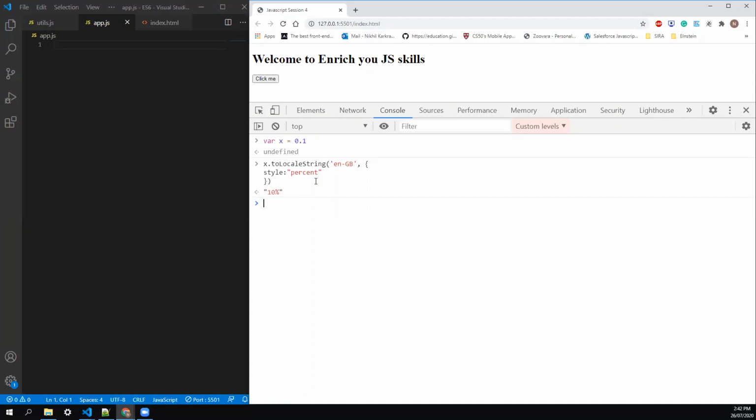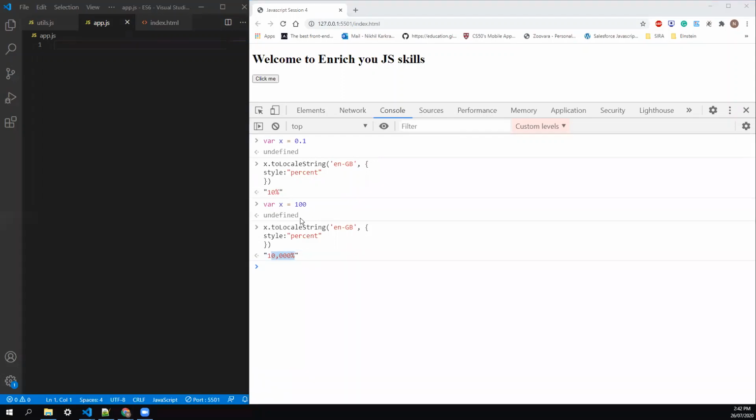So now it converts that particular number into a percentage. Whenever you use a percentage, always remember your number should be in the range of 0 to 1. Then only it converts. Otherwise, if I change the number to 100, it converts and gives us 10,000. So ideally, if you're converting a number to a percentage, always make sure your number is in the 0 to 1 range. So this is another way you can automatically append the percentage symbol and calculate the percentage without creating your own util function and other stuff.